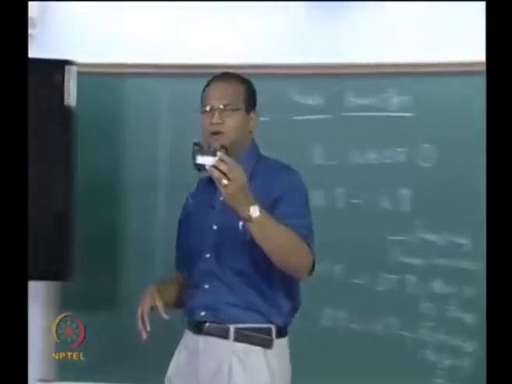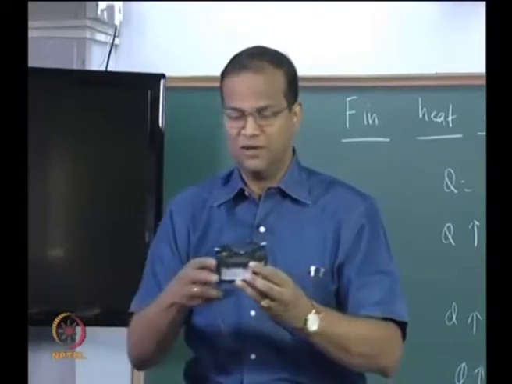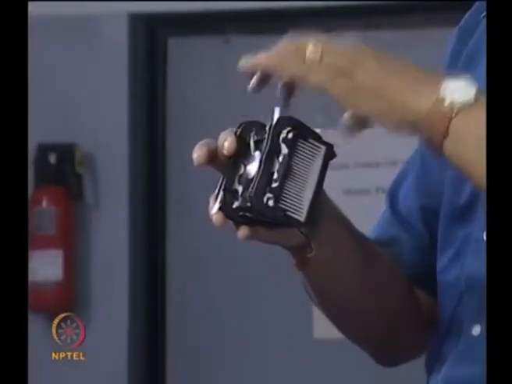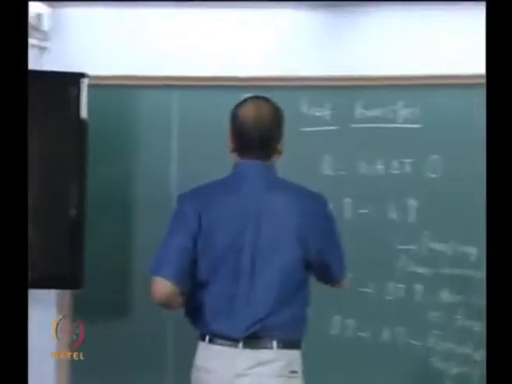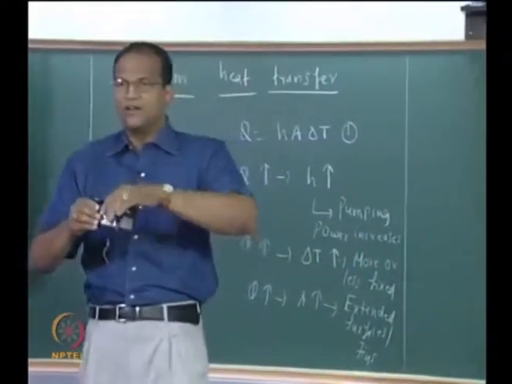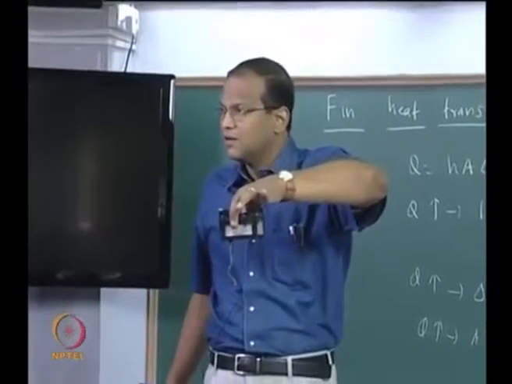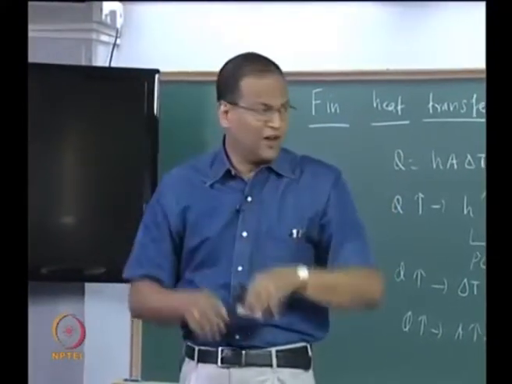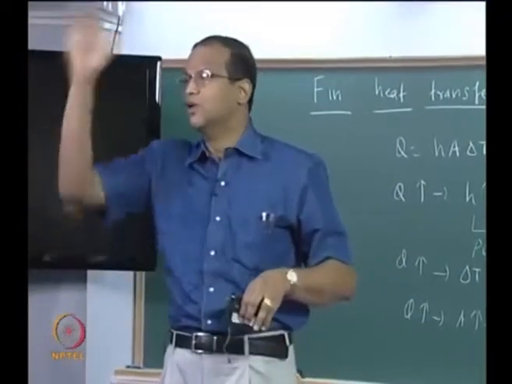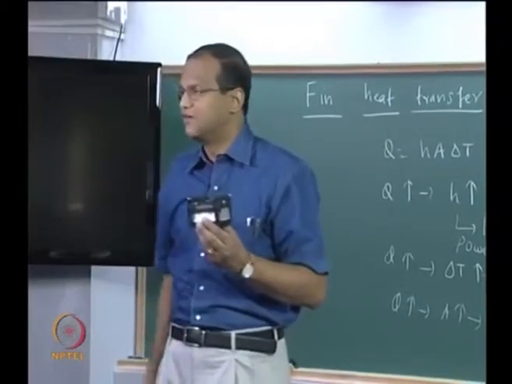This is pulled out of a desktop computer. We just did it 5 minutes back. So this is the fan. Okay. The fan is to increase the h a little bit to whatever limit is possible. So this is this dedicated fan. This fan and the heat sink sit on the processor. There is one more fan which is on the back side of the tower, okay, which is the general fan which is cooling all the parts. This is dedicated for the CPU because CPU is critical. CPU is the heart of the machine.